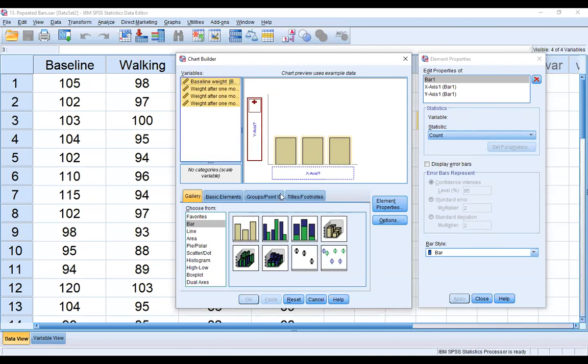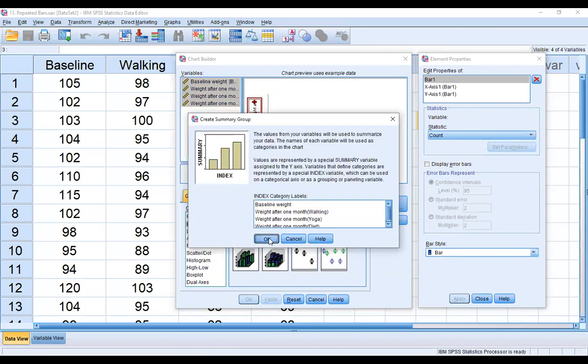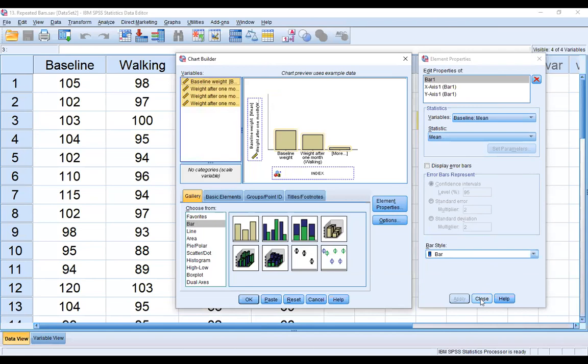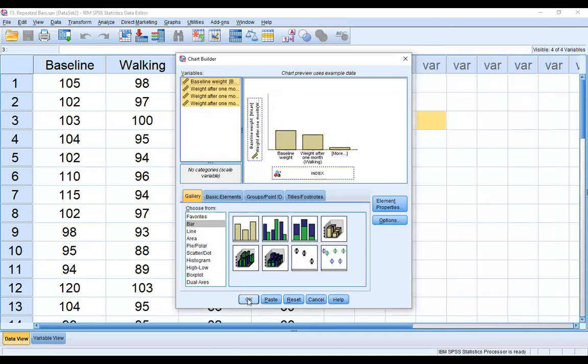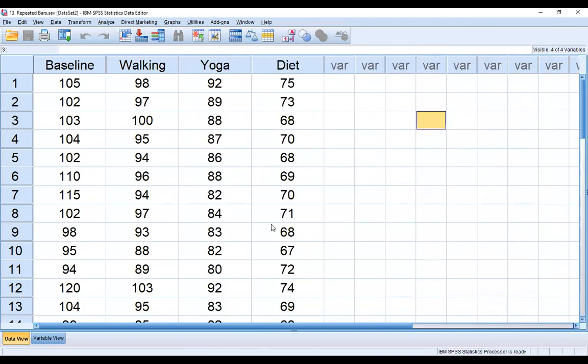Okay, then close, and after close, okay, now we can see the graph.